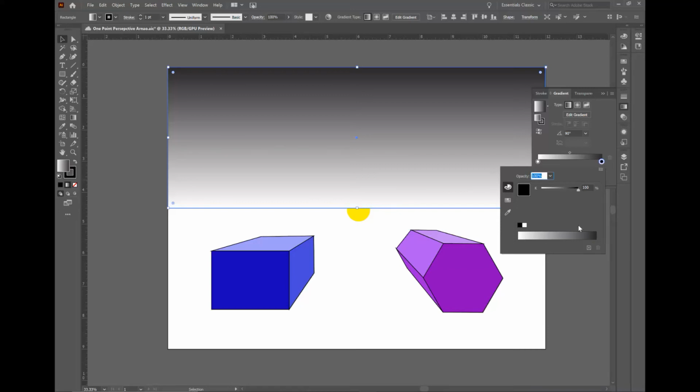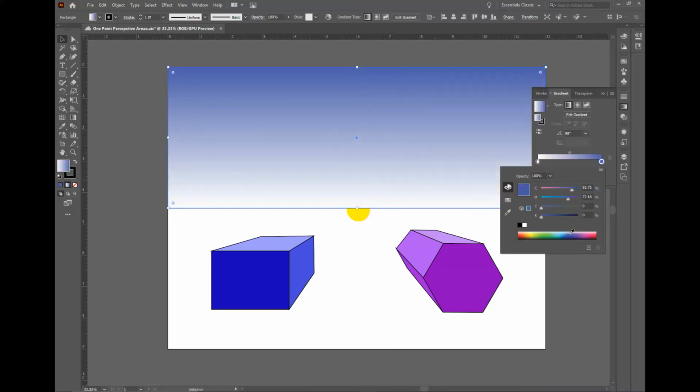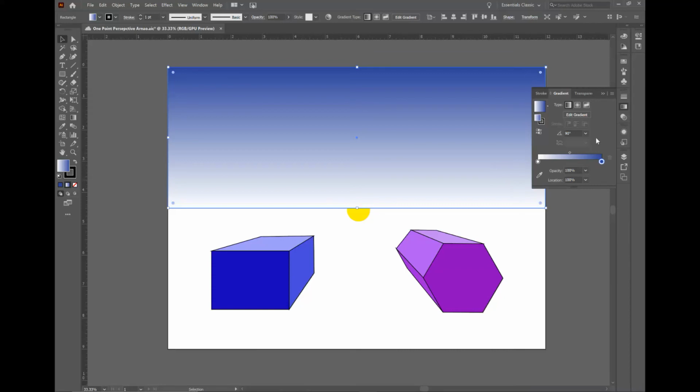remember, when we start off with the gradient, it's always in grayscale. So you have to double click on the gradient slider, which is right here. And then there's this little menu option right here with these three lines and these three dots. You're going to pick CMYK, and that's going to give you a color. So I think I'm going to make mine kind of look like a blue sky. Now remember, you can play with how much blue and how much white you